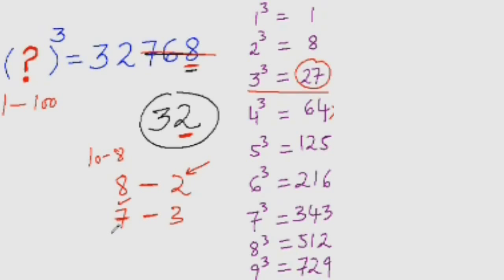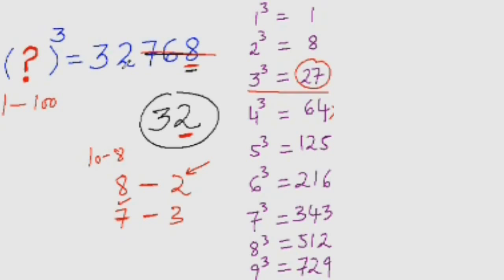For any other digit, if the last digit is any digit other than 8, 2, 7, 3, that is these conjugate pairs, then copy it as it is. That means it's all the more simple. You don't even need to do all that. Like suppose if the last digit was 6 here, then you'll copy the 6 as it is. If it was 5 here, you'll copy the 5 as it is. If it's 4 here, you'll copy the 4 as it is. Are you getting the point? And for the next part, you know what you have to do. You have to find which is the nearest cube to the remaining number.